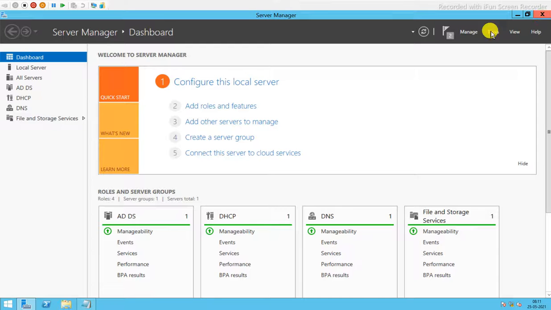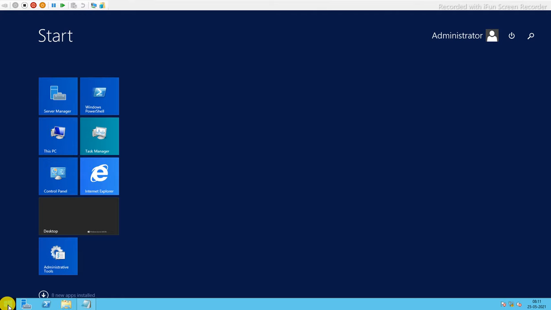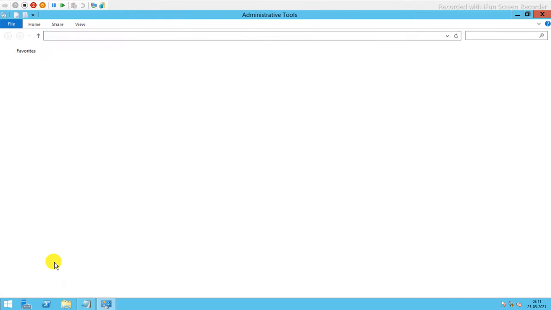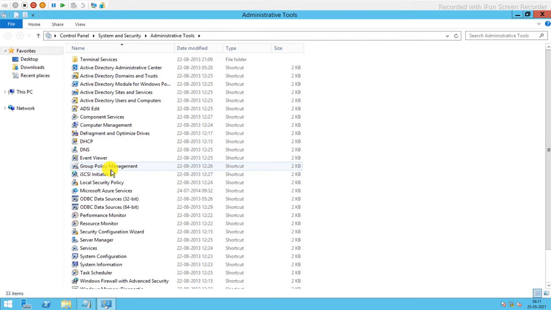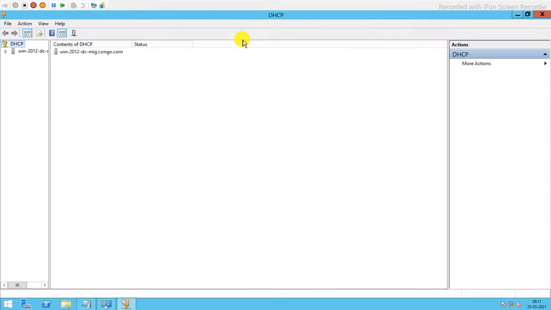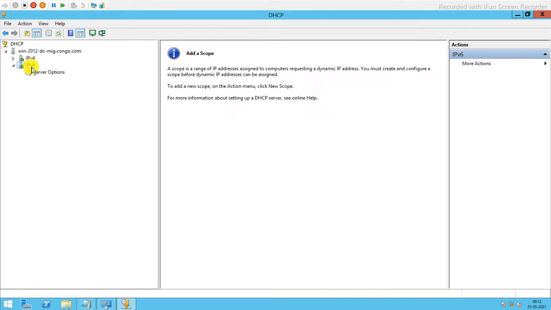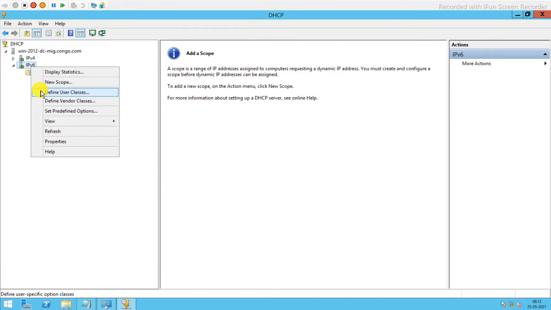Now we are closing this Services dialog box and also closing the Server Manager console. Now we need to do the DHCP configuration. Opening Administrative Tools and clicking on DHCP. Maximizing. For DHCP IPv6, if it is not required, we are going to disable it straight away.